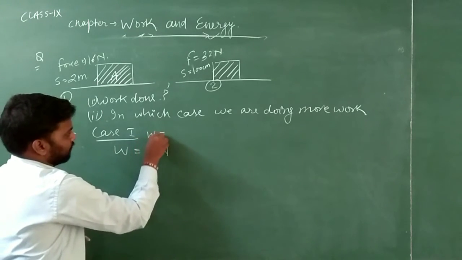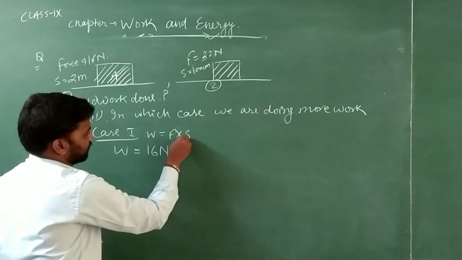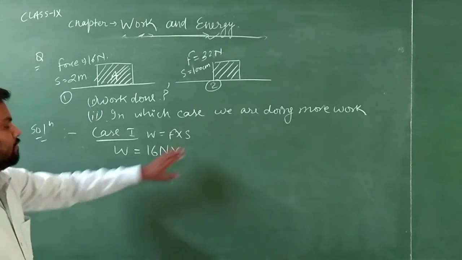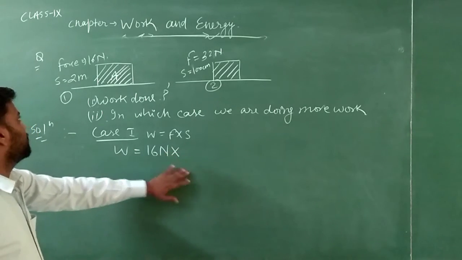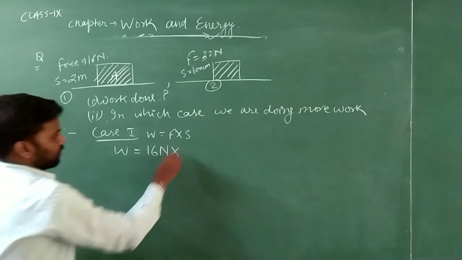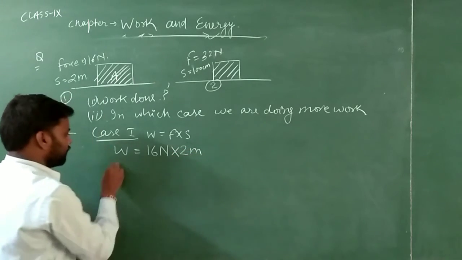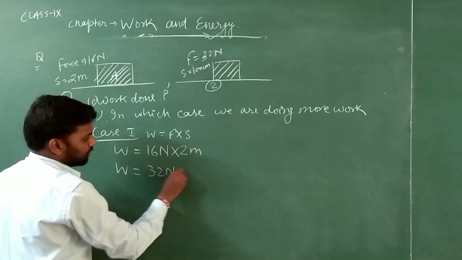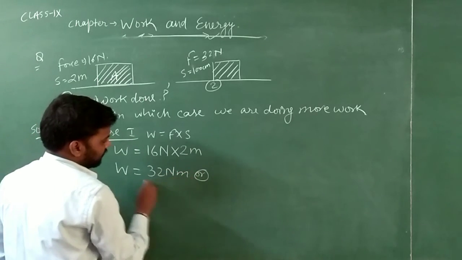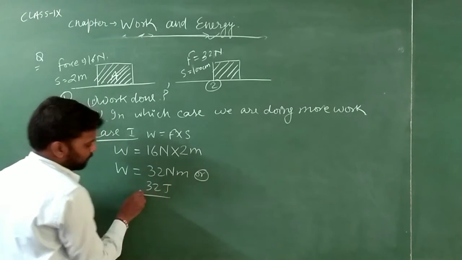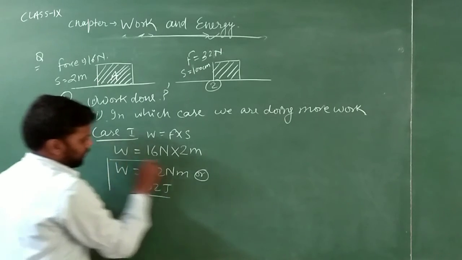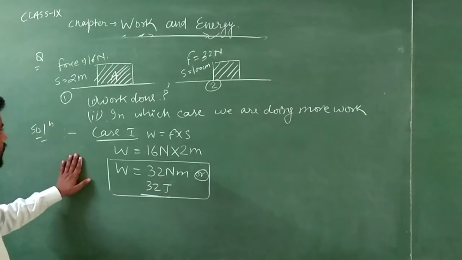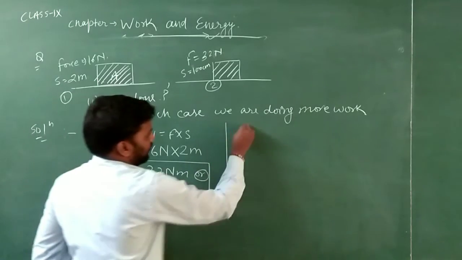We know the formula of work done, that is force into displacement, and to find the work done we need to put here the amount of displacement. Object A is displacing 2 meter only. So the work done will be 16 times 2, that is 32 Newton meter, or we also say it as 32 joule. Both will be equal. So we are doing 32 joule work in the first case. Okay, students, now in case 2,